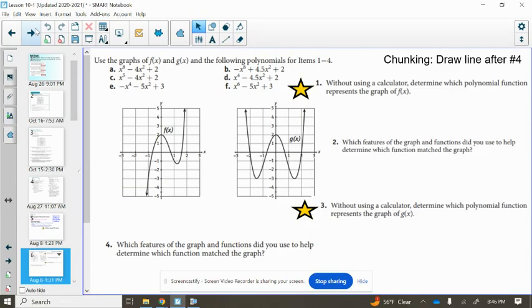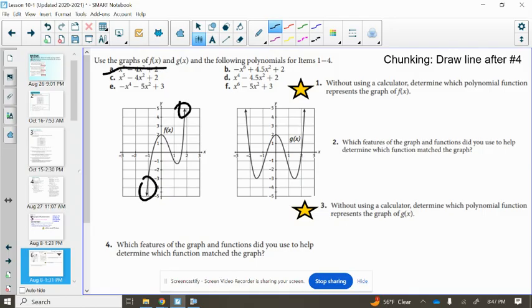So if we look at the two graphs given to us on page 131, we see f of x and g of x, and we want to match, without using a calculator, which of our equations would match with our graph f of x. So we know this is going to be an odd function because of this opposite end behavior. So right away we can eliminate some of these options that are all even, and that's actually going to leave us with just graph C: f of x has to be x to the fifth power minus 4x squared